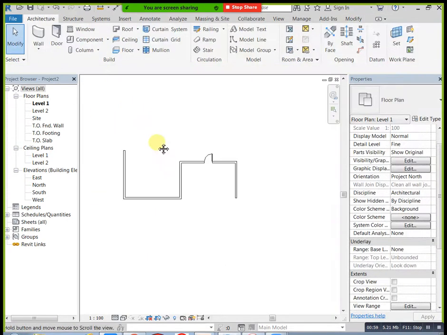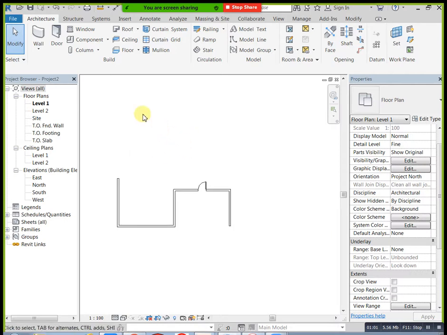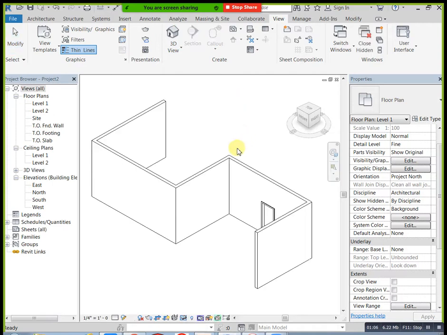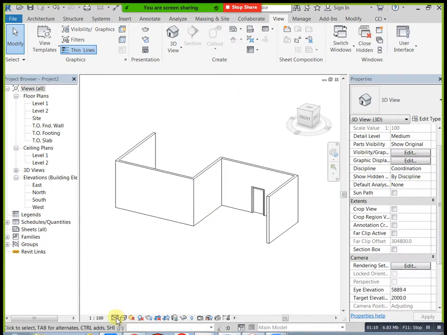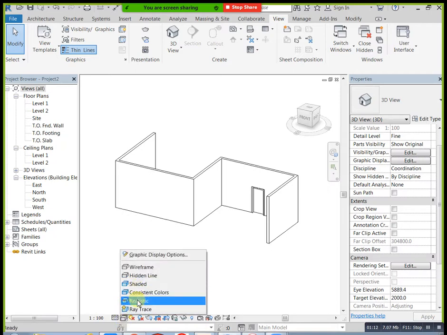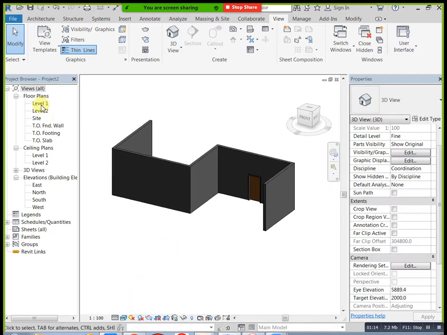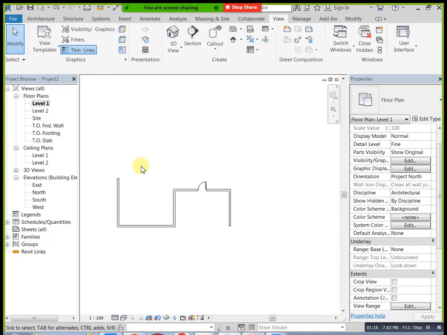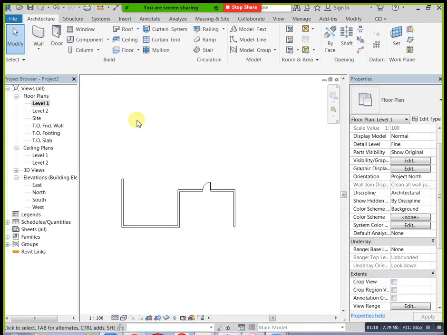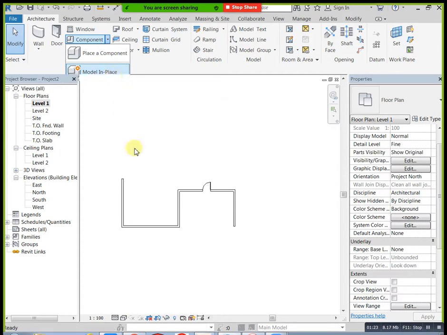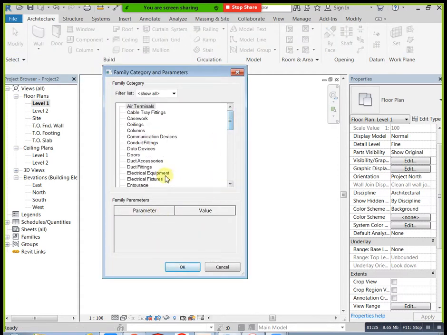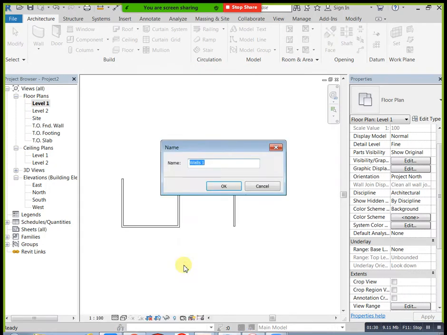Next you can apply like this. Here I need to do some design. How can we do our design? This is our building front view. In this condition we need to do a design, and any type of design is applicable. First of all, go to level 1, go and click on model in place, and select wall design. We can call this a wall design now, so you select wall design.